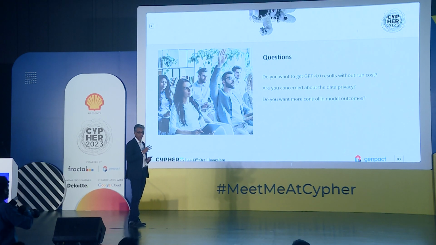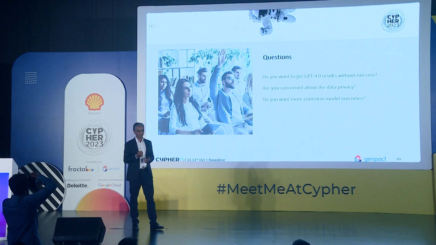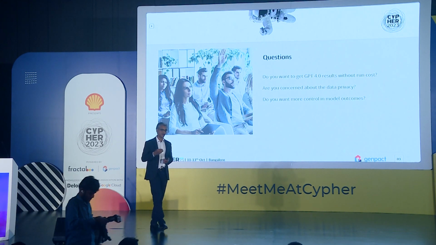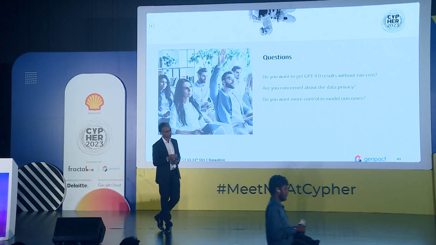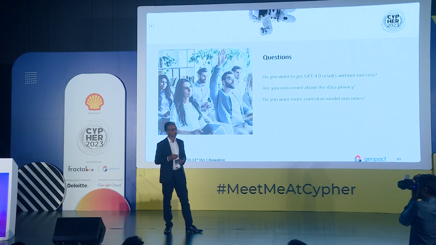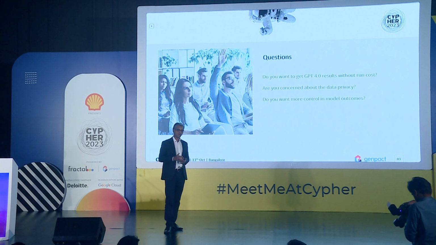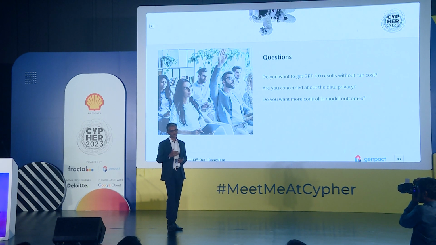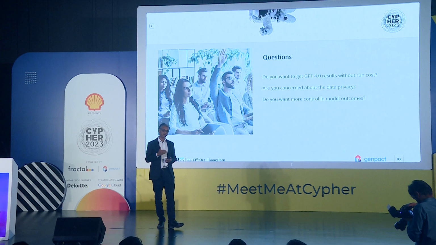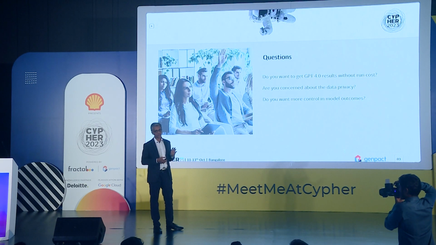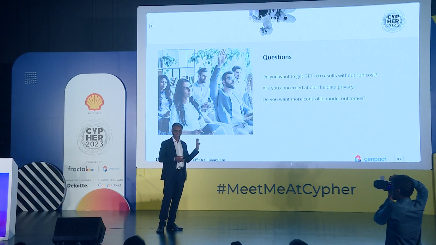And the third question is, how do I get better control when I generate the results? You do the prompt engineering, you get the results, and you want more accurate results. You again fine-tune the prompt and fine-tune the prompt. Beyond a point, you won't be able to do anything. That's a dead end; you have to live with that. But if your business is a little unique and you need very specific results, much better than any other models in the market, then you don't have any option other than fine-tuning it. So these are the three questions.